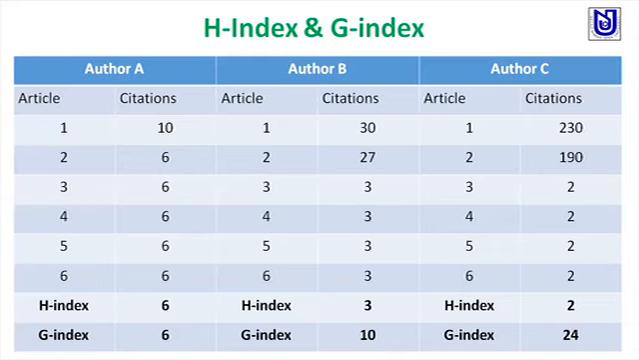You have seen over here, author A, author B, author C. The articles published by author C received 230 and 190 citations, but unfortunately the H-index comes to 2. Why? Because only 2 articles received 2 or more citations. The third article again received 2 citations. Its H-index will reach 3 only when the third article also receives at least 3 citations. So this 3, 2, 1 doesn't look